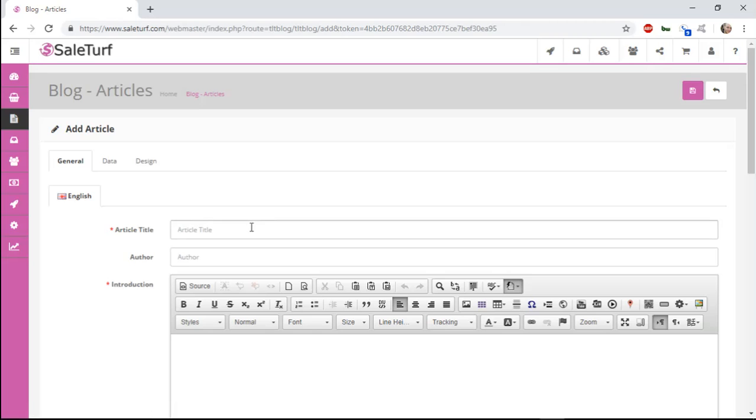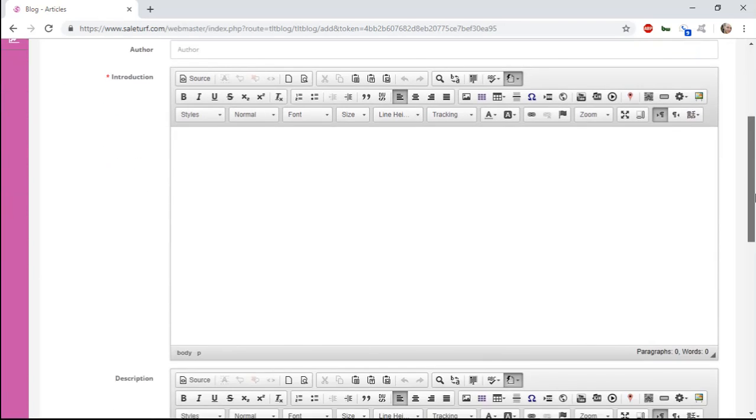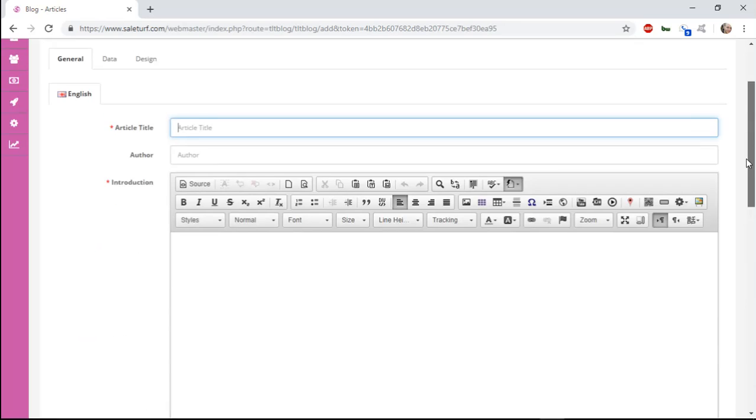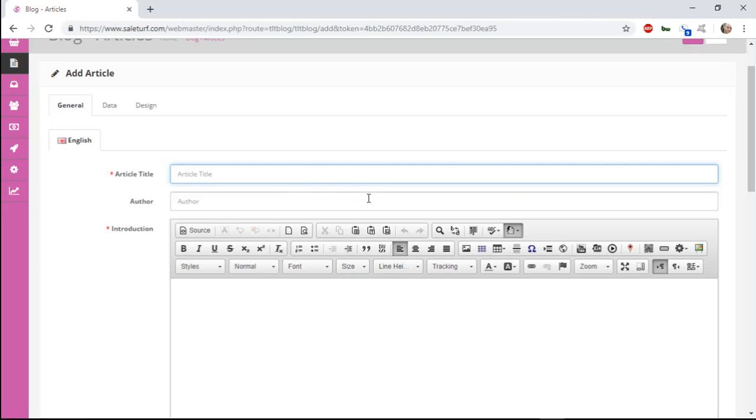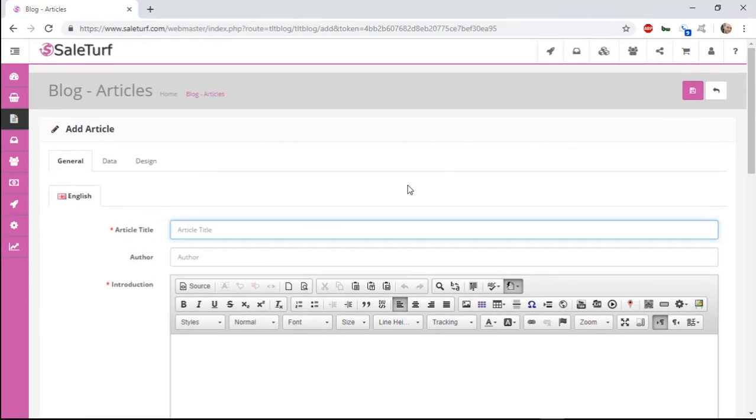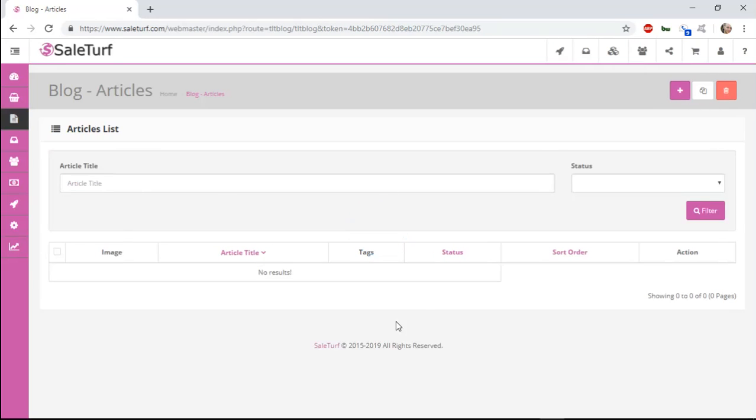All of these fields are required before you can save. It would take too long in the video to go and fill all of this out, so I'm not going to, but after you've filled out all the areas where the little red star is beside it, you can click save. Once you save it, it will appear within your article list here with options to edit and modify it. And that is how you create